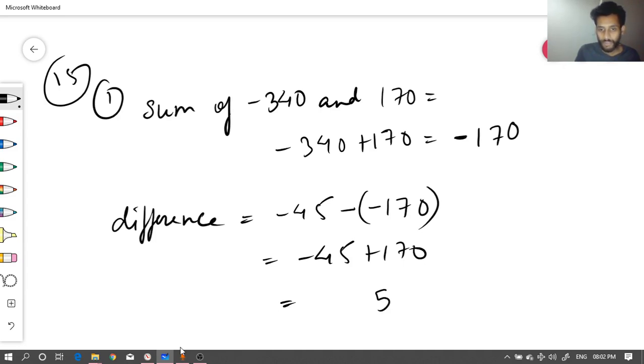Then here it will be obviously 2 and then 1. So what will be the sign here? The sign will be plus. Why? Because the bigger one has the plus sign. Okay, got this part. Question number 15, this is number 1. We will be doing question number 2 also.